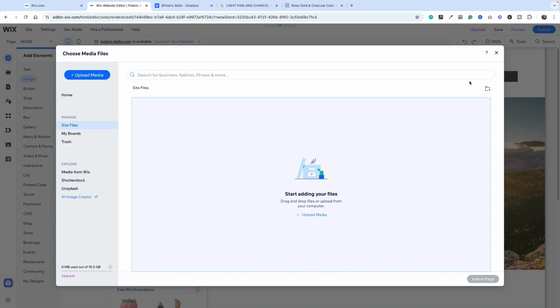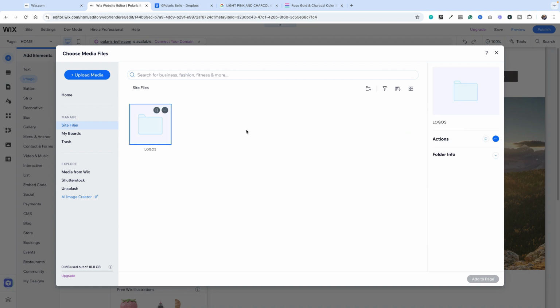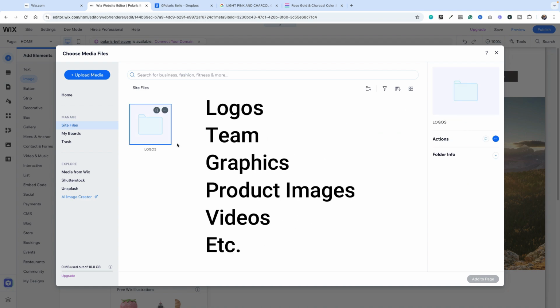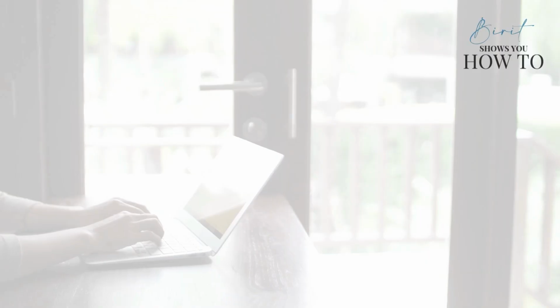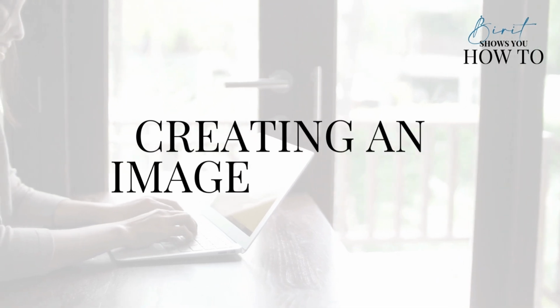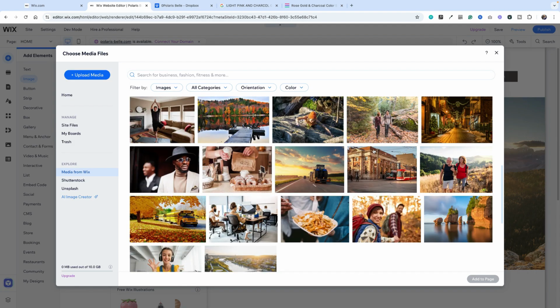You can add file folders in here. I could have logos, different products, anything that you want in here. Team members, you could have graphics. What you can also do in here is go into media from Wix, and you can go look through media